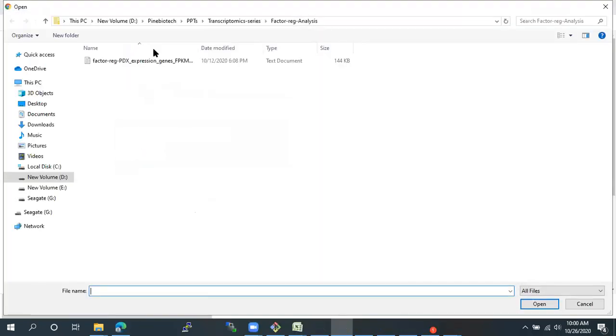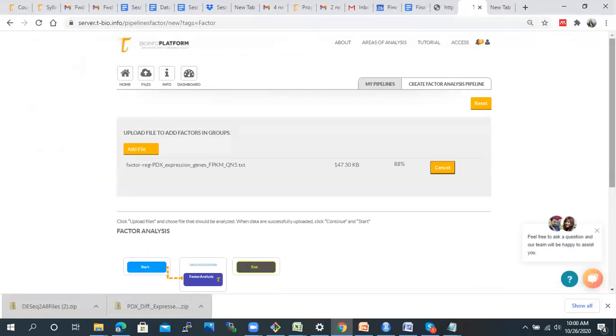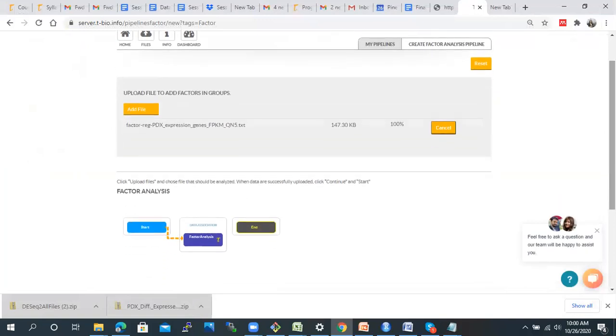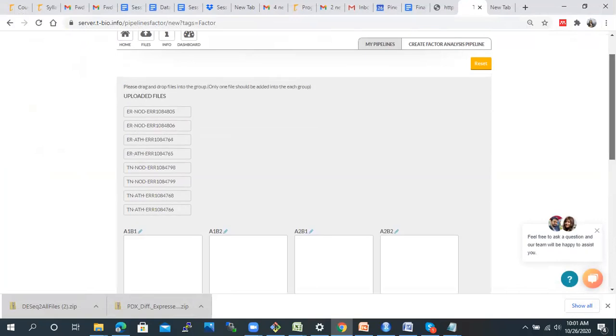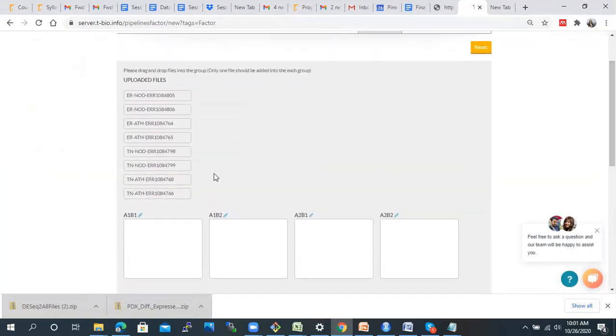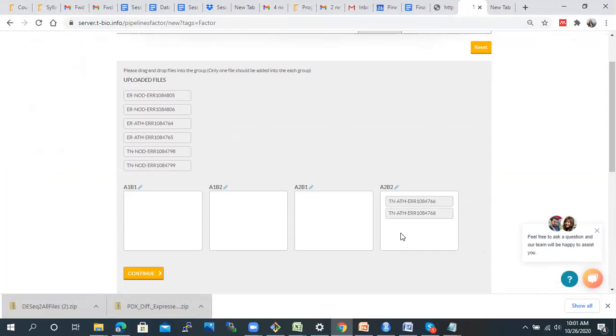In the next step we have to upload our file for factor regression analysis. Once our file gets uploaded, we will get the option check. Then we will get all these 4 subgroups, and we can drag our files into them.